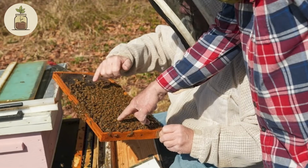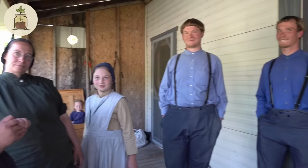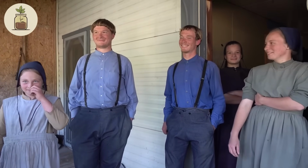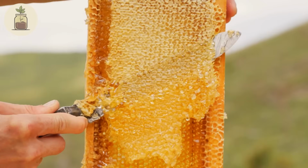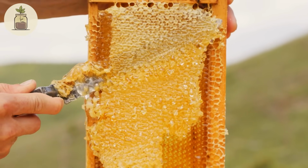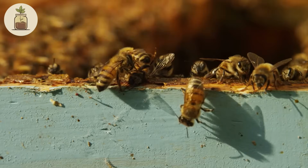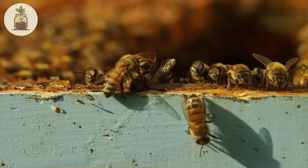Beekeeping is seen as more than a practical skill. It's part of a family legacy. Parents, grandparents, and even siblings all pitch in to pass down their knowledge, making sure the younger folks know the rhythms of the bees, the right seasons for harvesting honey, and even the subtle art of avoiding a sting. And just like the bees work together to build a hive, Amish families work as a unit to keep this